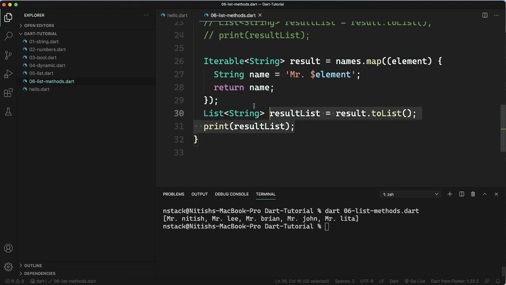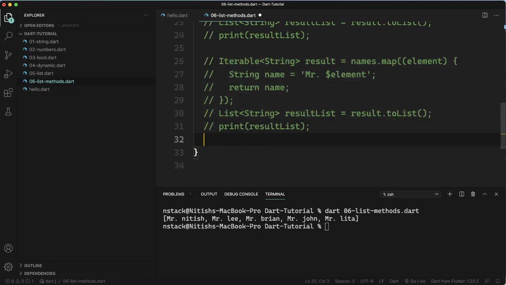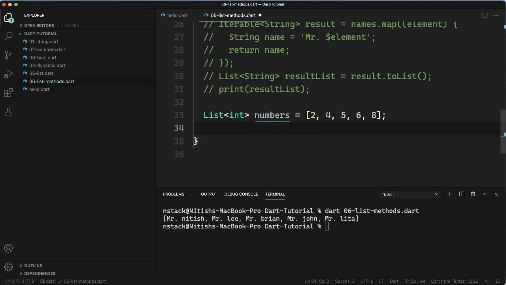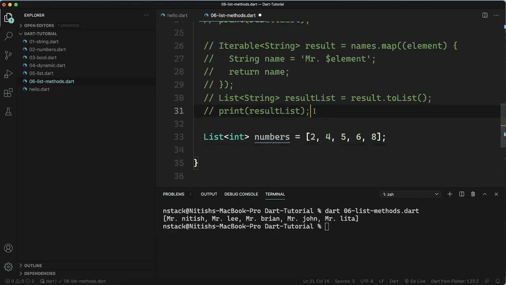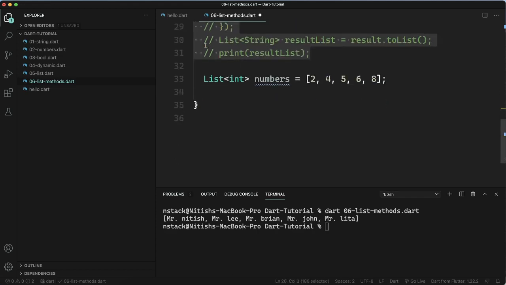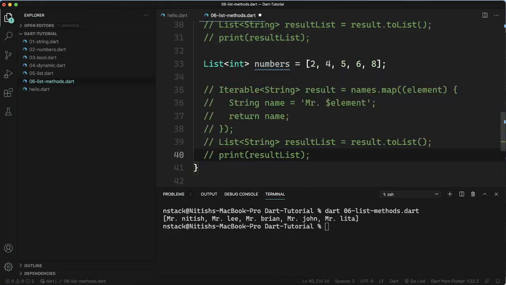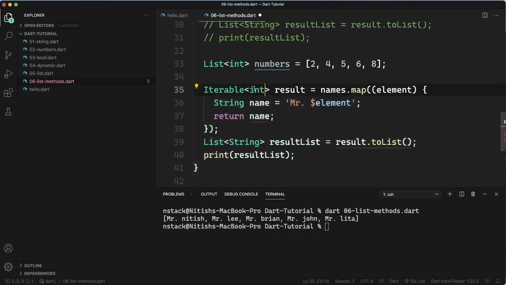In order to make you understand this in a better way, I am going to give you another example. Suppose I make a list which will contain integers, and the name is numbers, 2, 4, 8, yeah, let's write anything. Now I am just going to copy the complete thing from here, and let's see how I am going to do it. I am going to make a list which will contain the square of the number. So I will convert it into integer, not string.